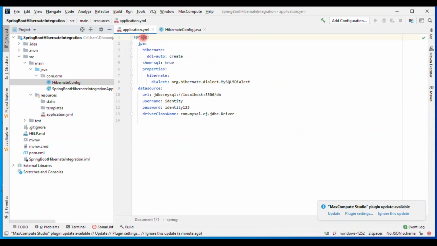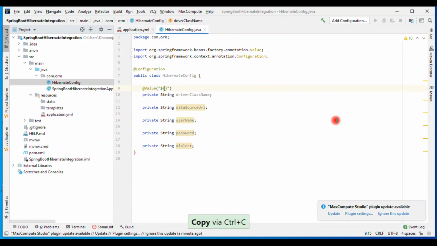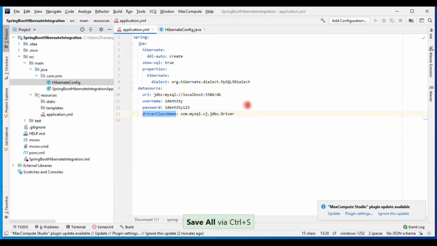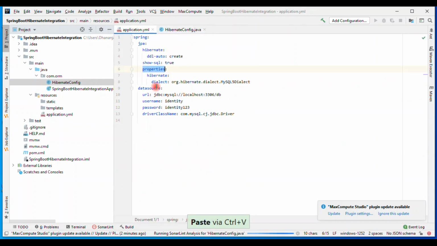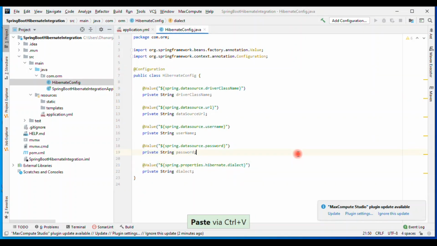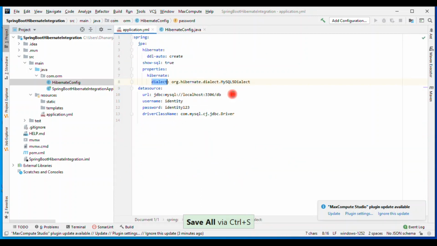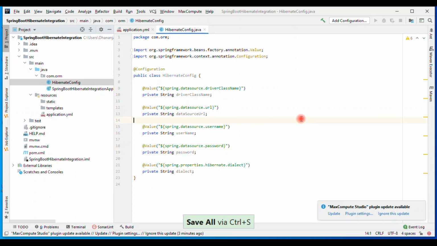Driver class name: spring.datasource.driver-class-name, right? So that's it. Here we have configured the dialect, driver class name, username, password, everything. These are the five things we need to connect with Hibernate.